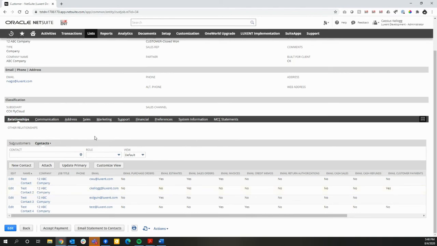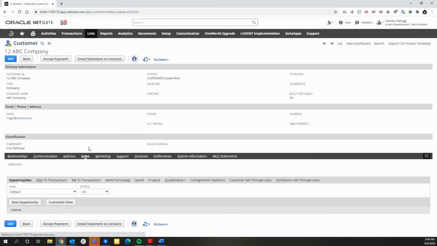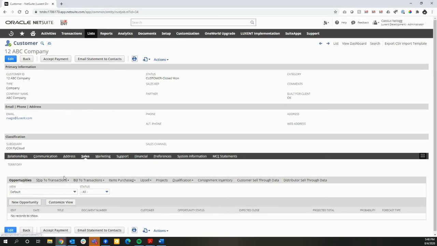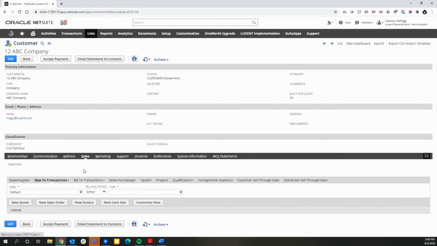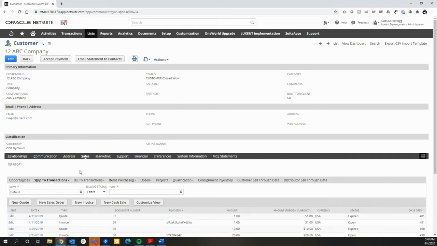There are a variety of different spots where we would actually be able to trigger the email. So starting with the base install, what comes kind of out of the box per se with the bundle is you're going to have a button present on various transactions, each one of those sale type transactions, and then the purchase orders. So if we were to actually go take a look at an existing sales order for ABC Company,